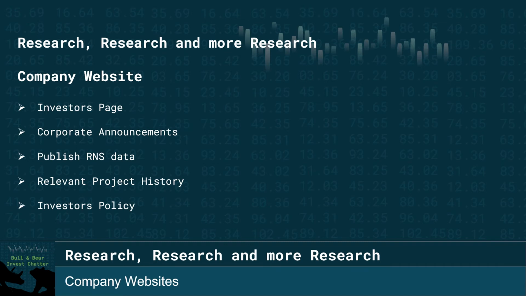The downside to some of these websites is they can take a while to update. More often than not, an RNS is released containing the information of which a website will be updated a few weeks later with. Therefore, a website can be useful for researching previous information, but not particularly useful for keeping up to date with information.